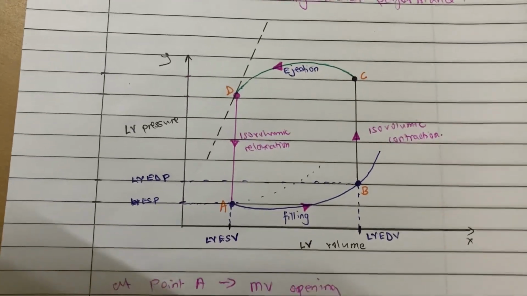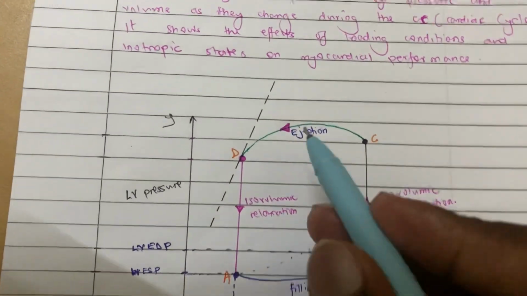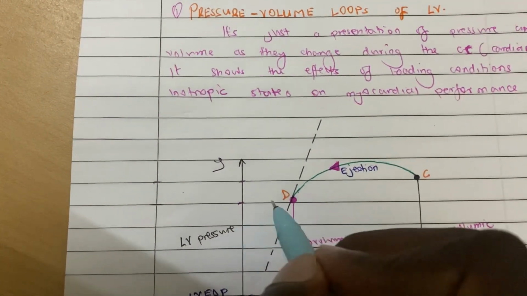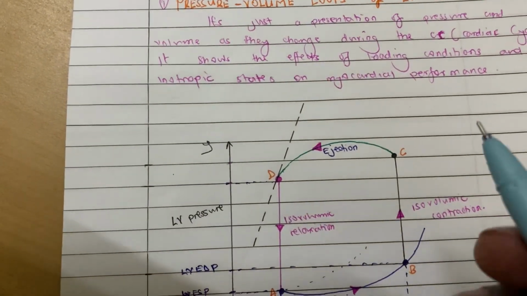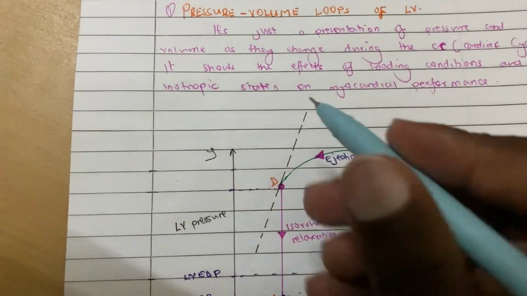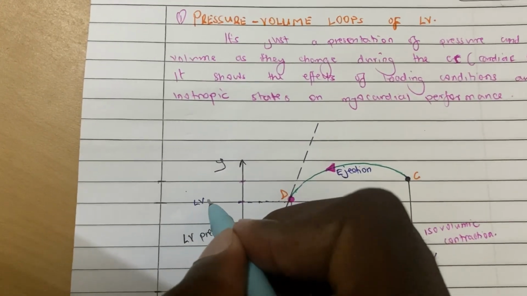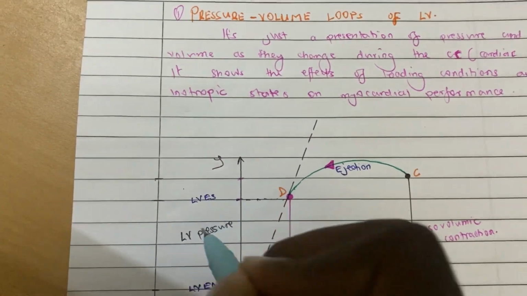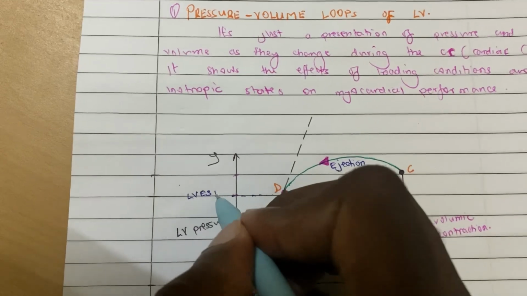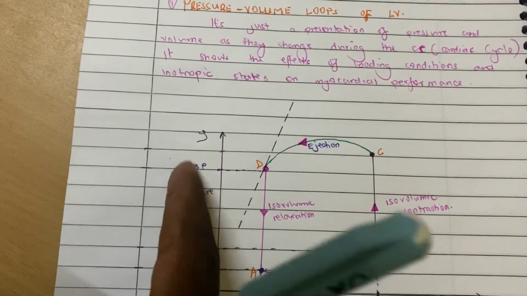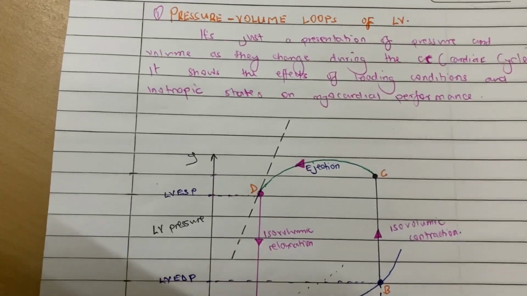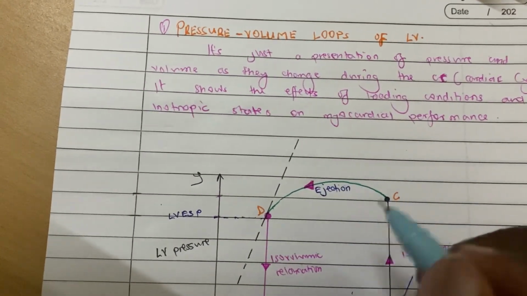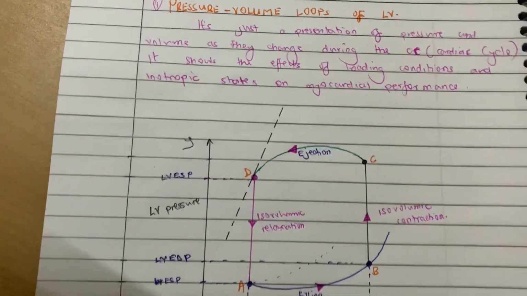If you extrapolate point D to the pressure line, it is going to give LV end-systolic pressure, and at point C,